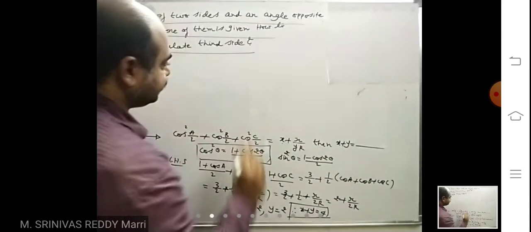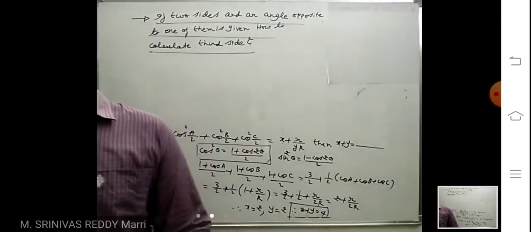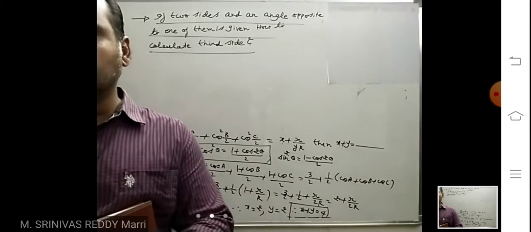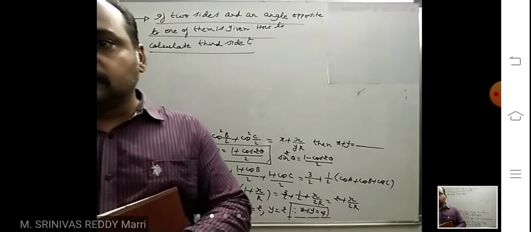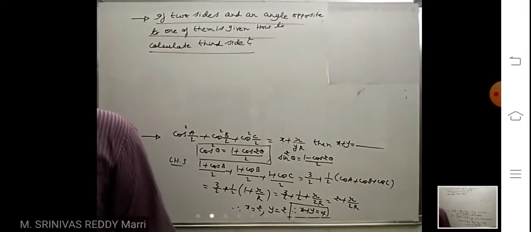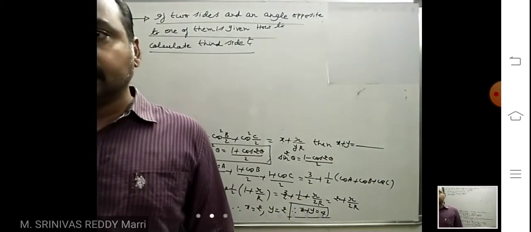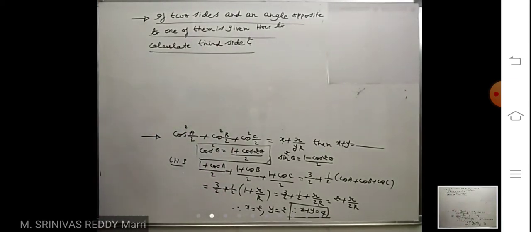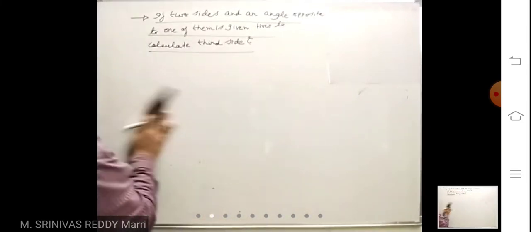We will see this concept. Look at this very important concept. You will be given two sides. There will be three sides in the triangle. You will be given two sides out of ABC, and one angle opposite to one of them. That means two sides and one angle will be given, so you need to calculate the third side. That is the problem here. I will give one example. These sets of problems are very easy. Observe carefully.